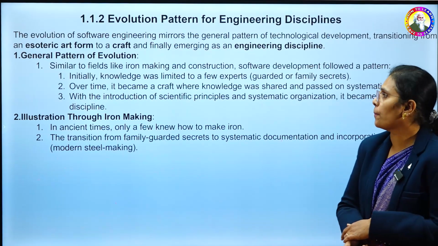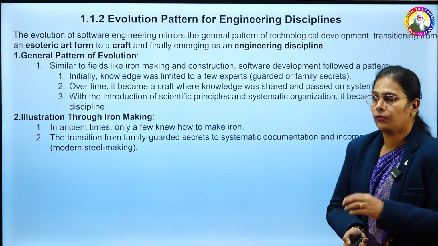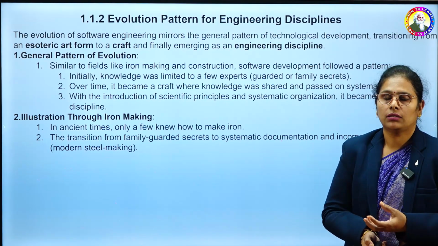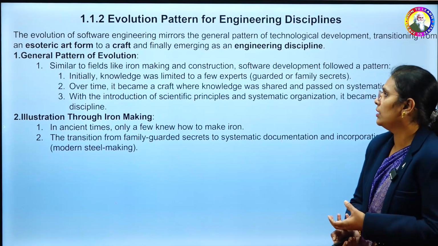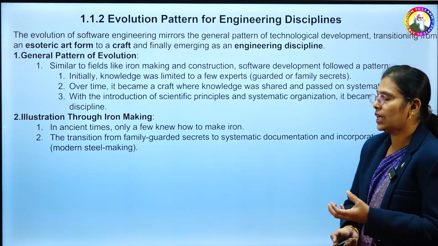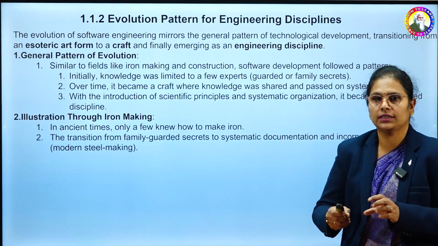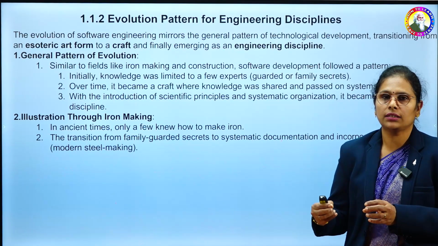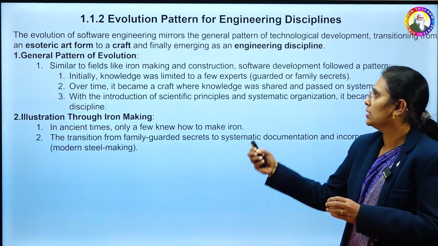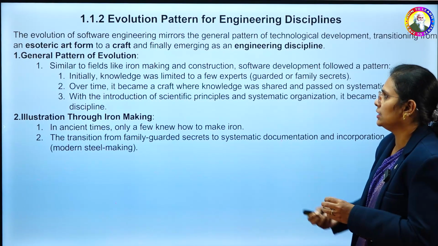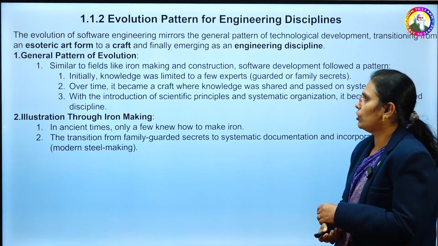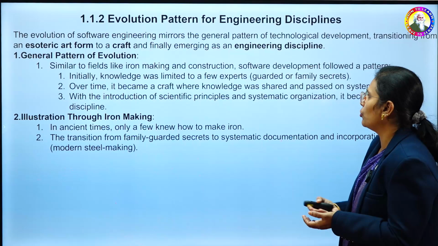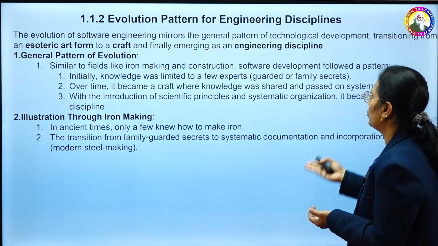This esoteric form is where they got the art from the tradition, from their ancestors, what they developed, the programming style, to a craft, and finally it emerged as engineering. They crafted it from art with their skills. The programmers, with their minimum knowledge, started writing programs, implemented some small logics, crafted it, and finally made it an engineering discipline. What are the general patterns of evolution? As I told you about pottery making, in the same manner they explain iron making and construction.